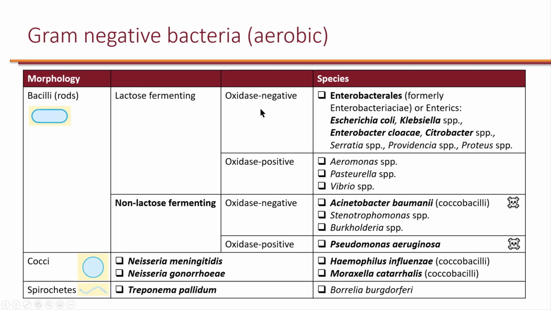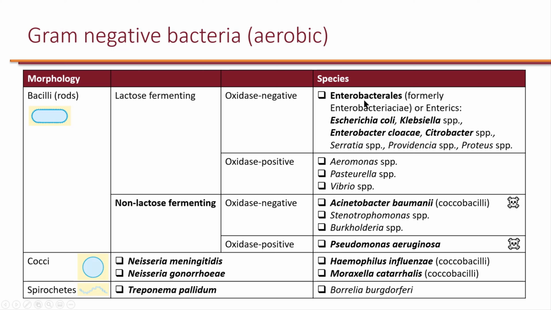But if they do ferment lactose, then they do oxidase tests, and for this course, you don't have to worry about the oxidase test, but know that when it's lactose fermenting, for the most part, we're talking about Enterobacterales, and